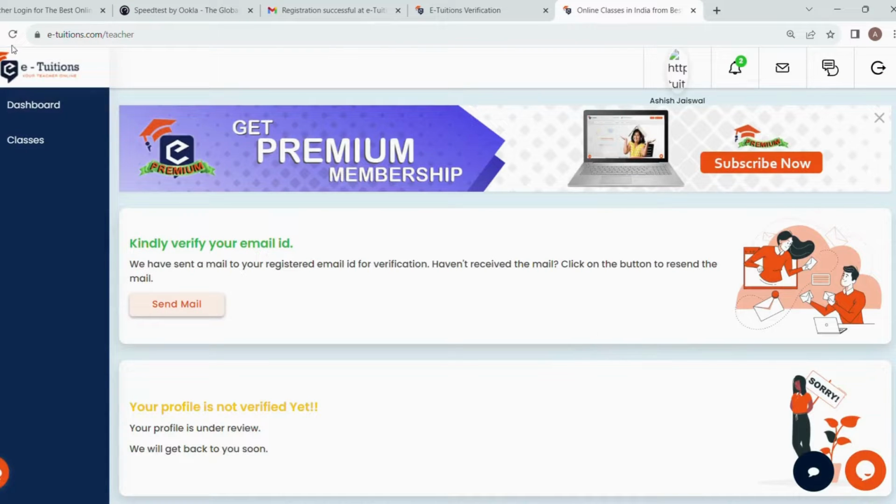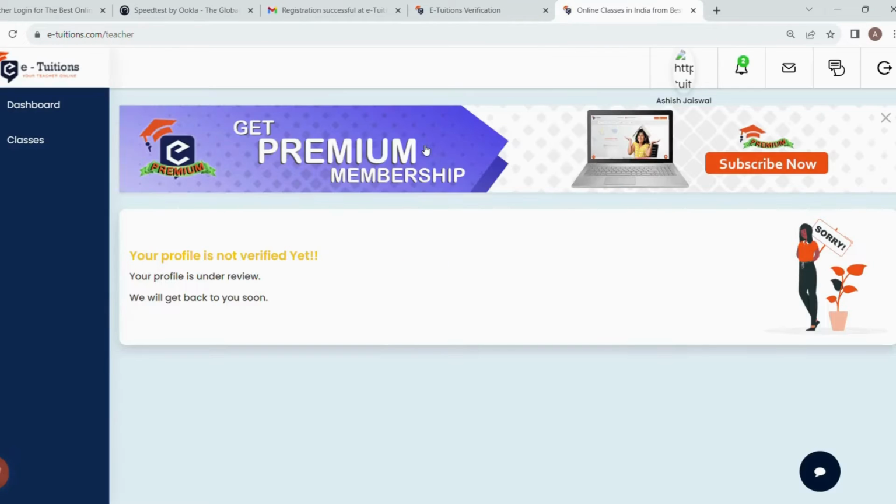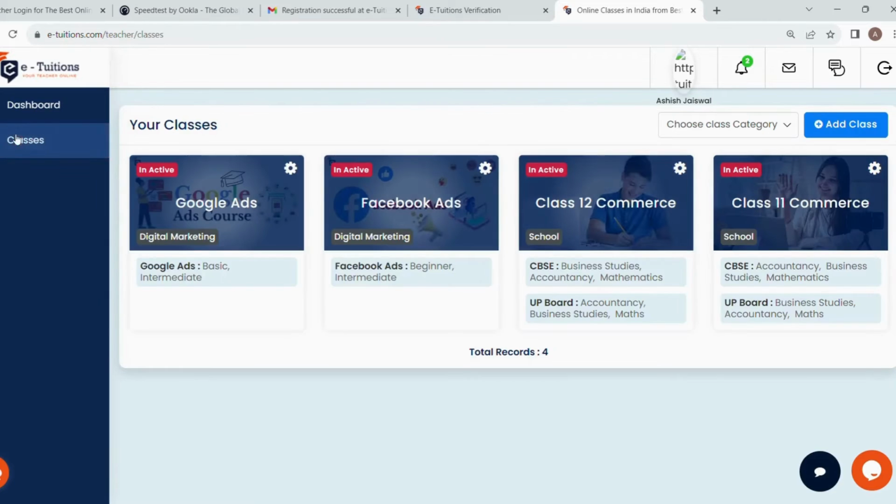Refresh the page once. You will see your profile is not verified yet. So our profile is delivered to the eTuitions team and it will take around 48 hours to 7 days to complete your verification. Then you will be listed as a teacher. Now one more important information I have for you. Click on classes. Then these are the classes you have chosen earlier for teaching, and you can add more classes and choose any category